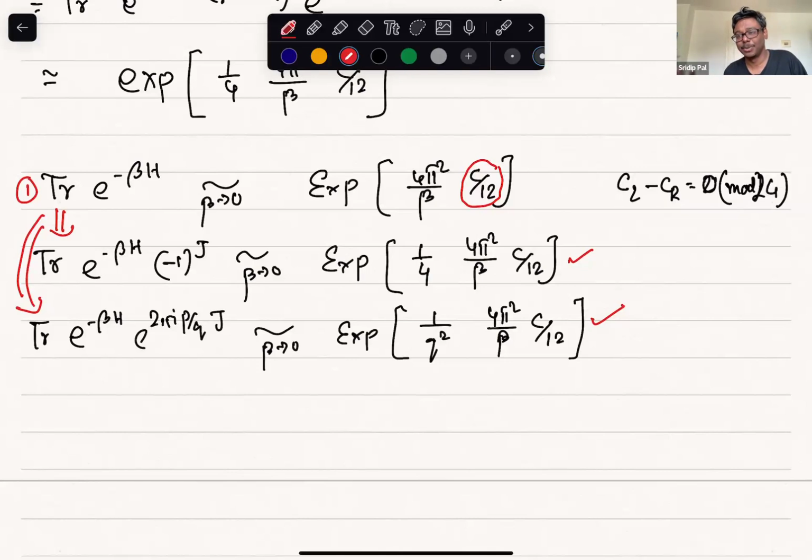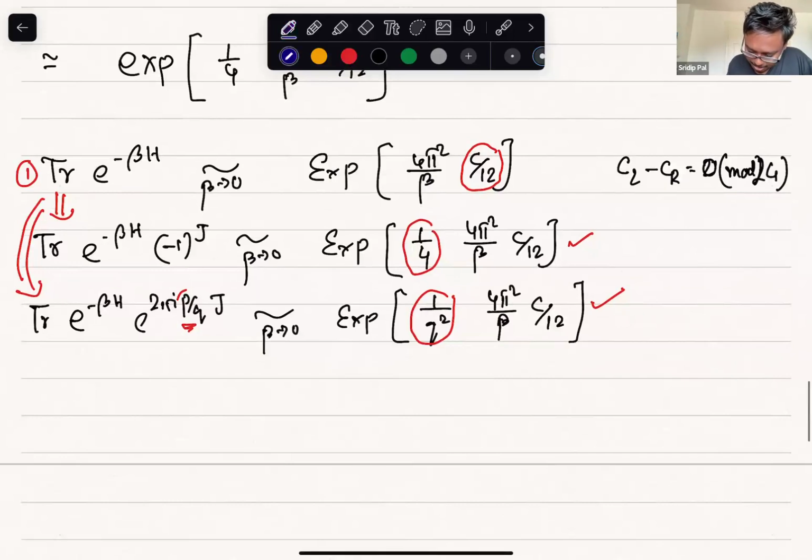So in that sense, there is a huge universality. You only need to know the partition function without any insertion, and then you can insert any kind of rotation fugacity with rational angle p/q. You know them, and they are indeed controlled by the same central charge. And then there is a factor 1/4 or 1/q² that is completely controlled by this number p/q. So there is a huge sense of universality in two-dimensional CFT, and that comes about because you can use the modular transformation.